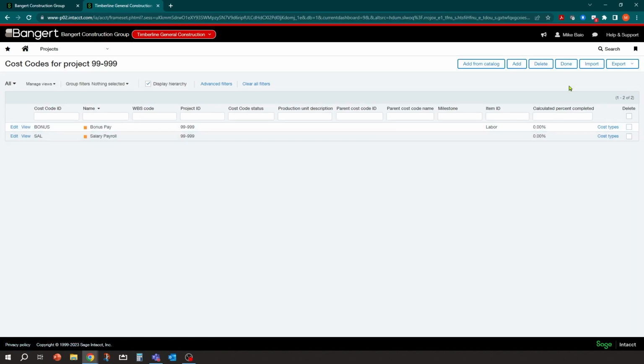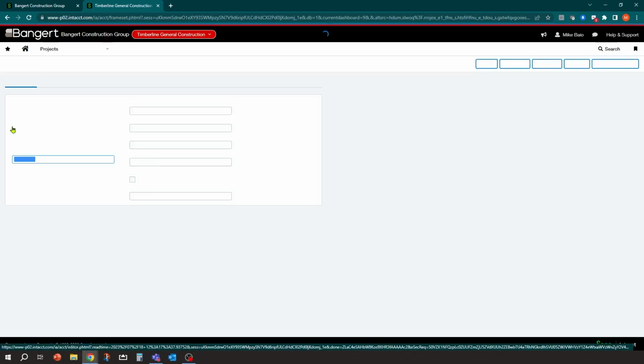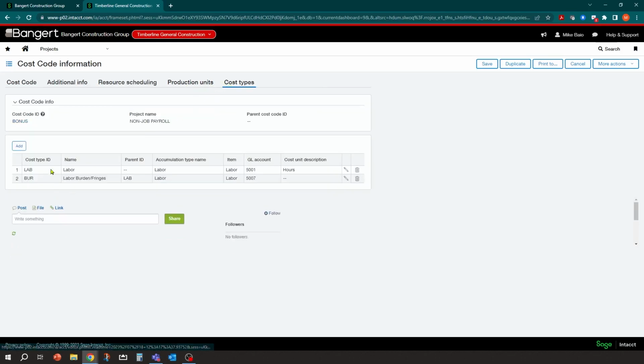So what I did was I set up a new cost code called bonus pay. And the only thing you do if you do something like that is you want to make sure that cost code has the labor cost types on it. So in this case, labor burden. I don't think anything's going to go to labor burden, but just in case. So you can have that set up in there. Okay.